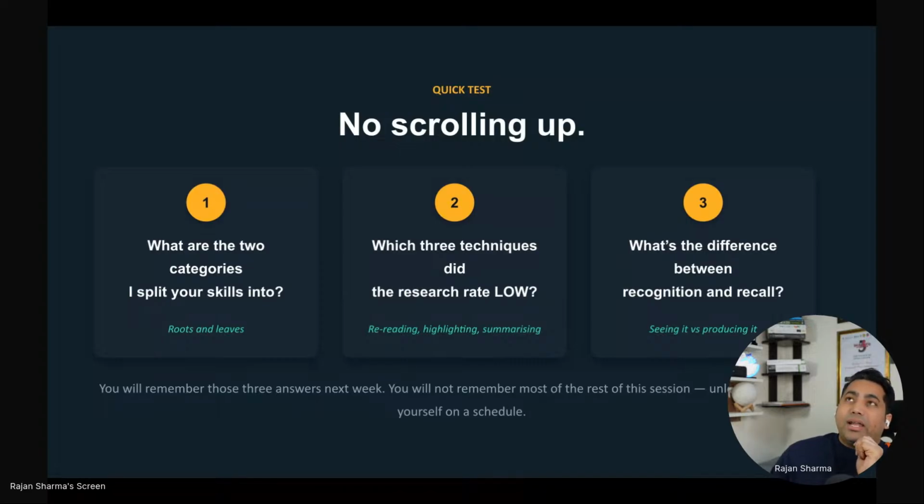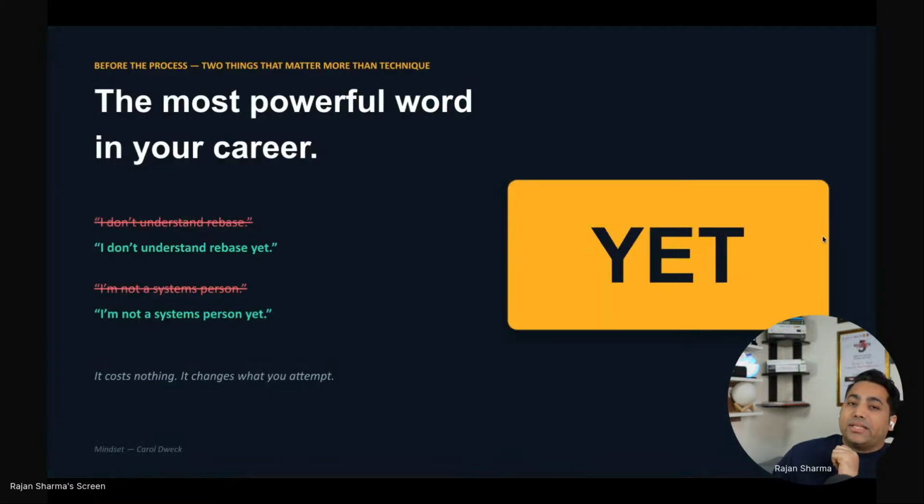Now, while I was asking those questions, somebody had to think back to what I have explained, or maybe what I missed. And this particular moment is very important, because you go back in history to think through the system. Okay, Rajan asked three questions, and do I really remember what he explained in the past? That particular moment where you hit your memory to call it back is a very important section, so you need to understand what you need to get done, and how to memorize that.